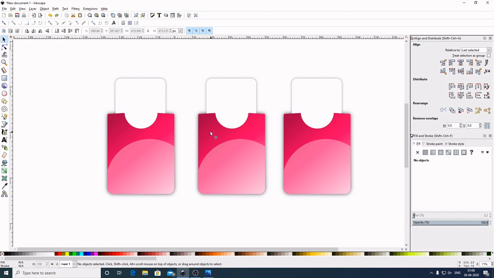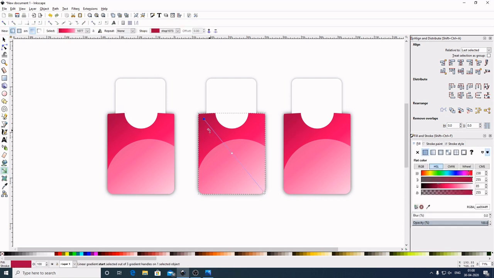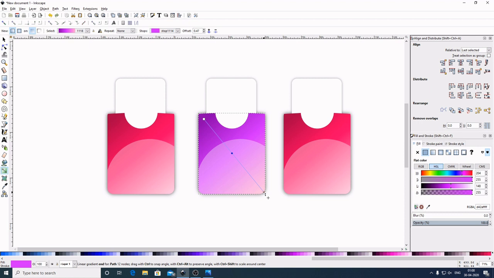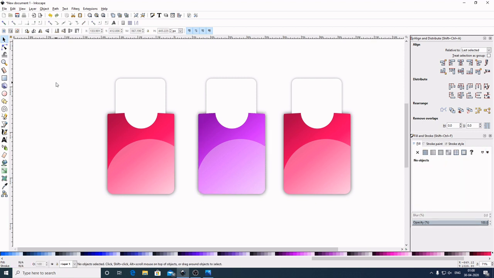Now I will select this graphic. Now press G so we get this rotation angle. Now select this square. Now come here to the color palette. Let's try this color. To the upper I will give a little bit dark color. Now select here, give this one this light color. Now come up here, select the circle, give this second last color. Select this, select out of the graphic to deselect.